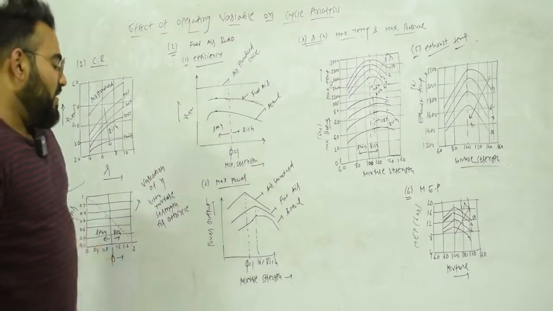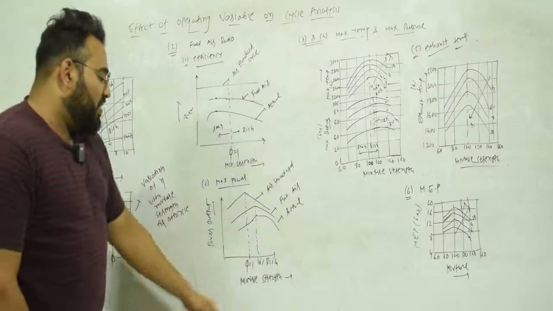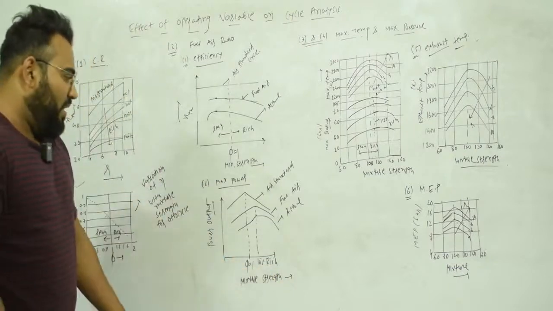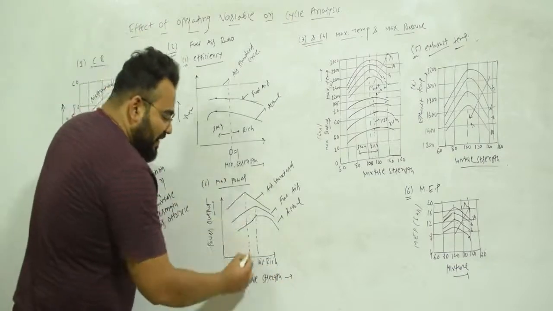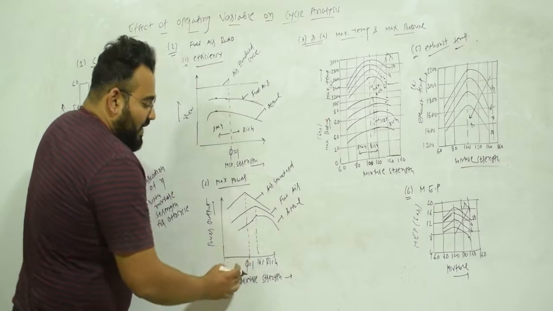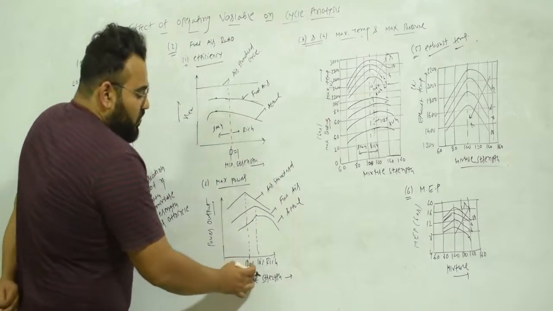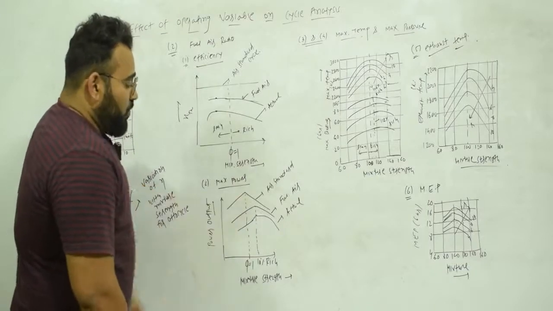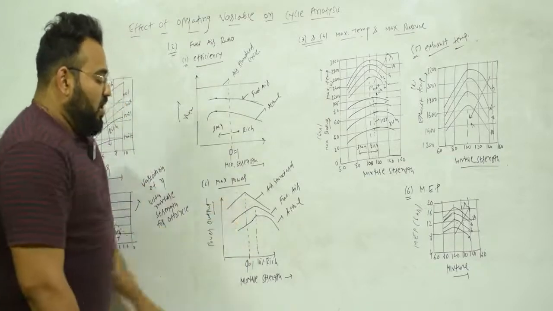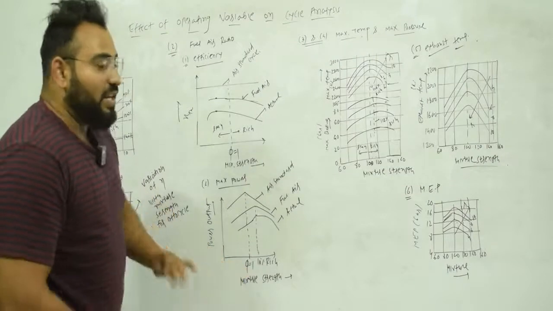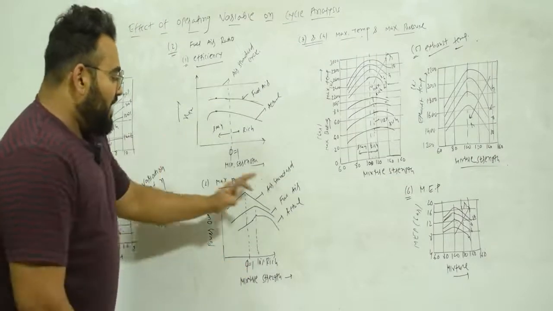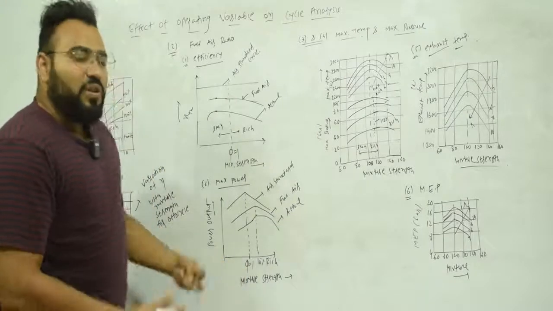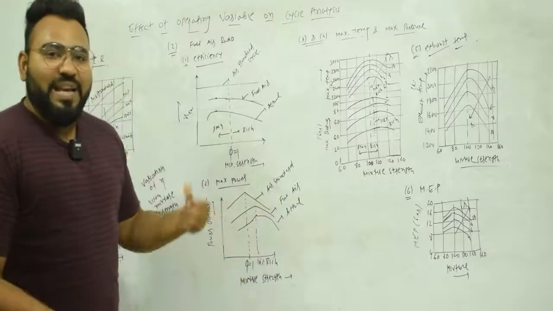Next we're going to see the relation between power and mixture strength. On the y-axis we have power, on the x-axis we have mixture strength. Same thing over here, but you can see that for the air standard cycle, if the equivalence ratio is 1, then you will get maximum power output. So for the air standard cycle your equivalence ratio should be 1, which means you have to give the exactly correct mixture. But why is it phi equal to 1? Because we know that in air standard there is no mixture, only air is there.